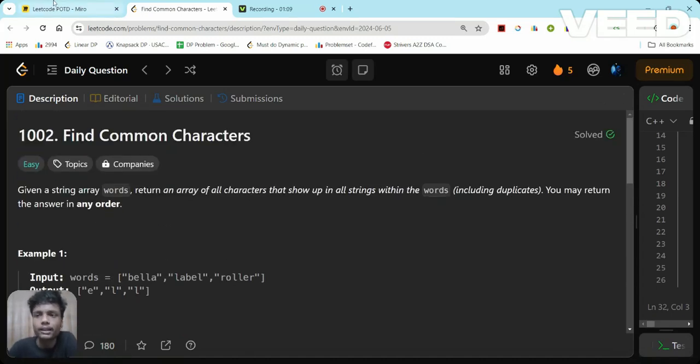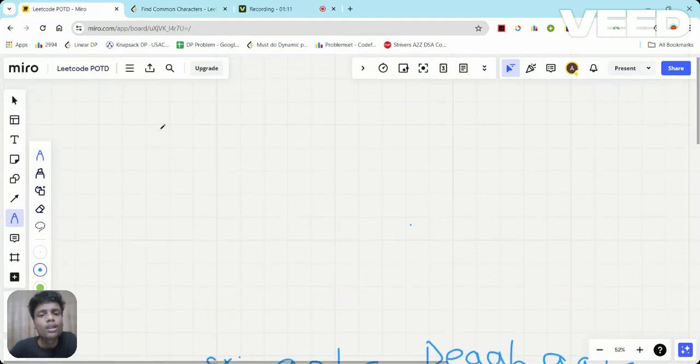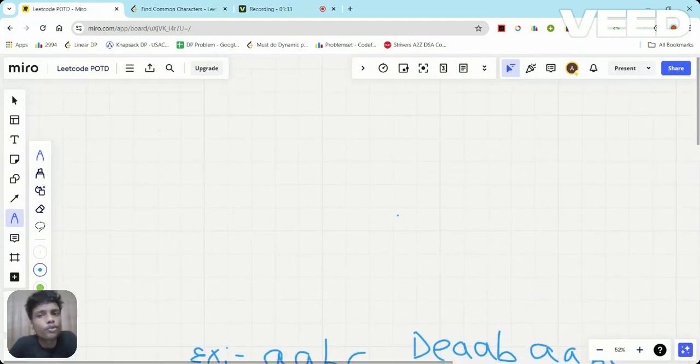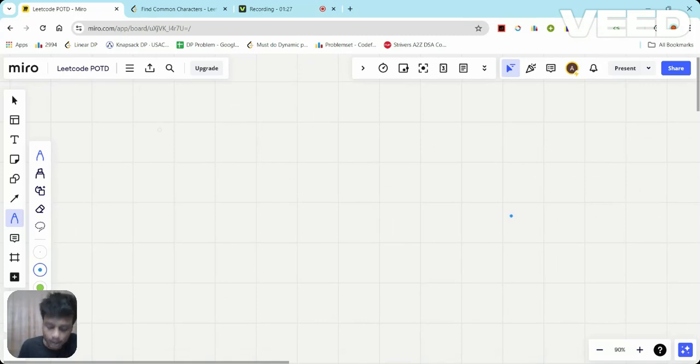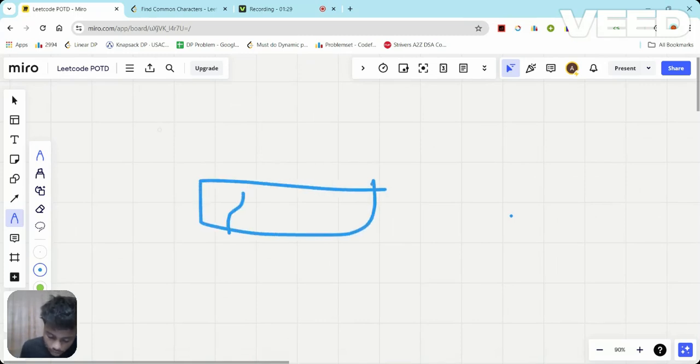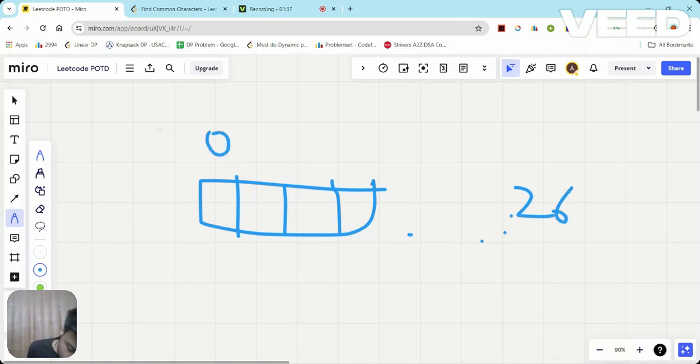Okay, let me start explaining. The first approach that comes to my mind after reading is that I need to store the frequency of all characters. How can I store the frequency of all characters? I can create an array of size 26, from 0 to 25.